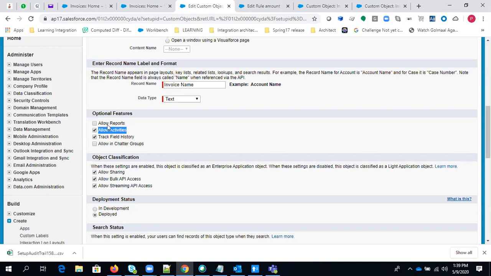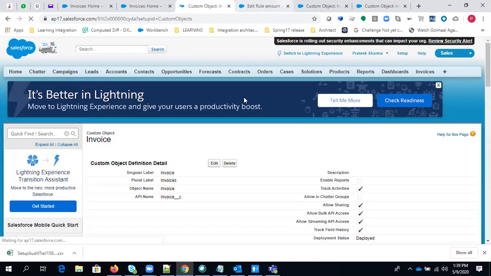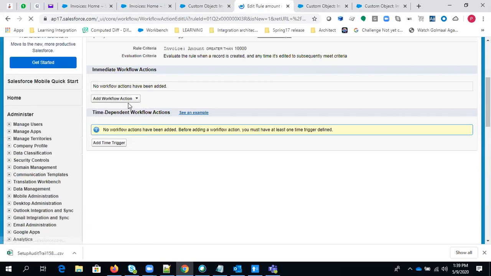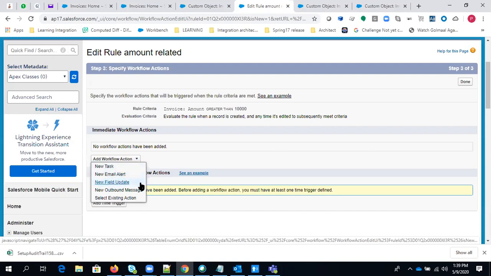By clicking allow activities and hitting save, you will get that 4th option in the workflow rule. So just refresh the screen, and here you should get that 4th option. You can see the new task option is now available. So now you have four options: you can create a new task, send an email alert, update a field, or create an outbound message. So let's just update our field.